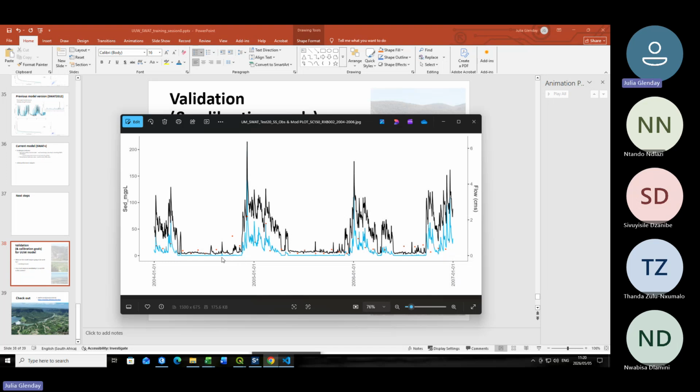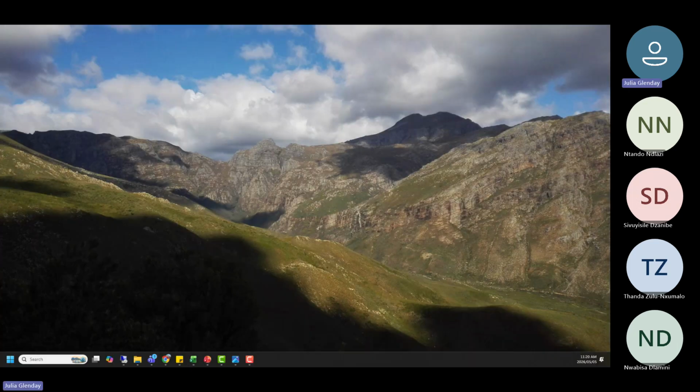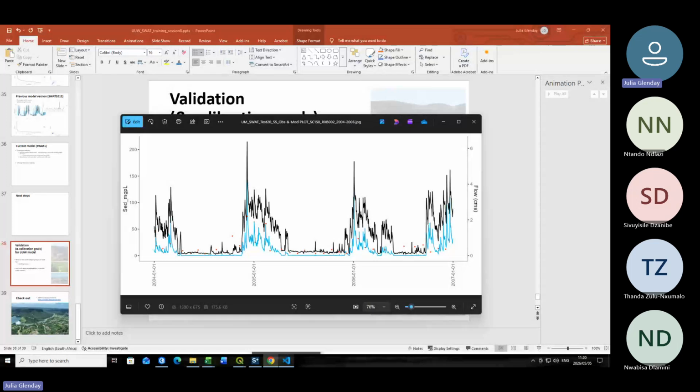So again, the blue is modeled stream flow. The black is modeled, okay, this is sediment now. The black is the modeled sediment, and the red dots are the observed sediment in milligrams per liter. And this is subcatchment 150, which is